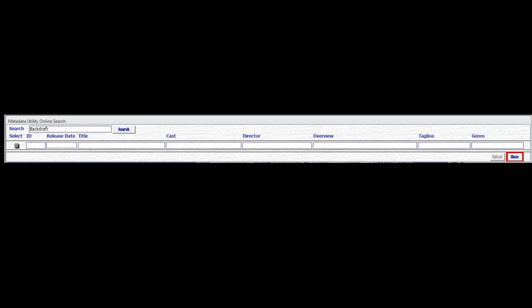For this particular example, we are going to search for a movie to add to the library in Windows Media Center. We're going to search for the movie Backdraft. Once we enter that information in the search, as seen here, and we click on search, we will see